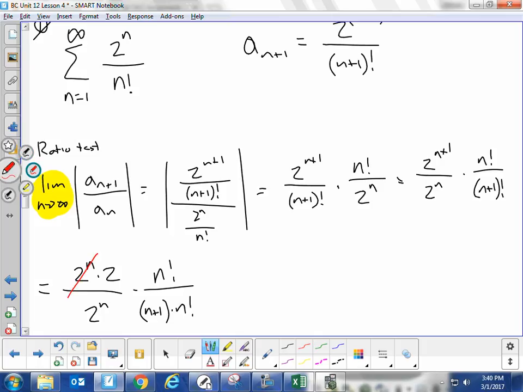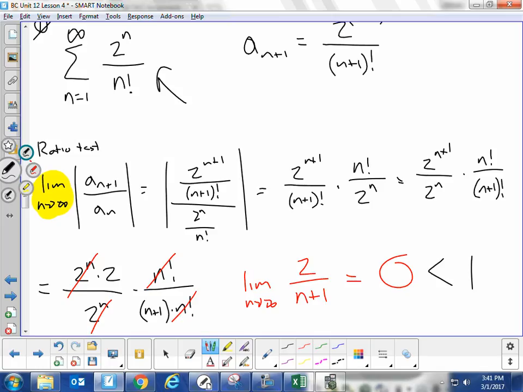Well, now all of a sudden, things get a lot easier to deal with. Stuff will disappear, and I'll end up just finding the limit as n approaches infinity of 2 over n plus 1. And what do I get there? 0. Is 0 less than 1? Yes, which means this converges. We already know it's going to absolutely converge because it's not going to be negative at all. So it's going to absolutely converge